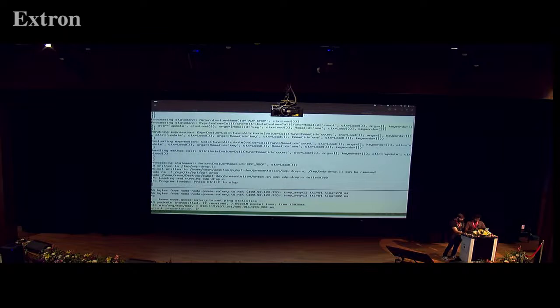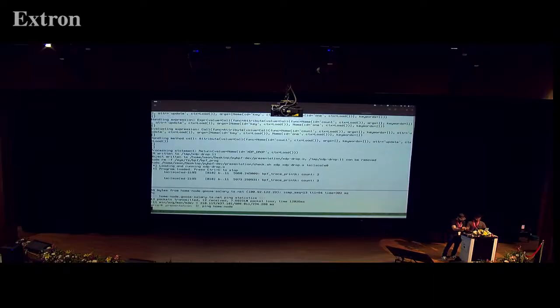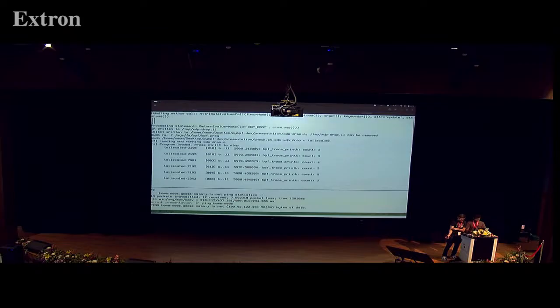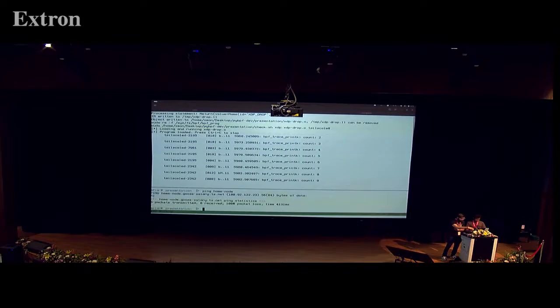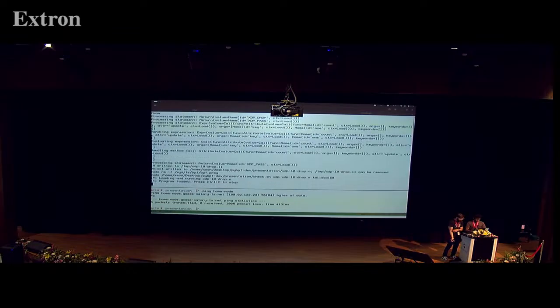Now, the packet drop example. If we ping our home node again, and we wait for some time, we can see that the packets are being registered here, but we are not sending ACKs back to the home node. So on the home node side, those packets are being seen as dropped. If we stop it now, we see 100% packet loss because the packets are being dropped. And in the third example, you'll see the packets go till the 10th count, 11th count, and then start getting dropped.